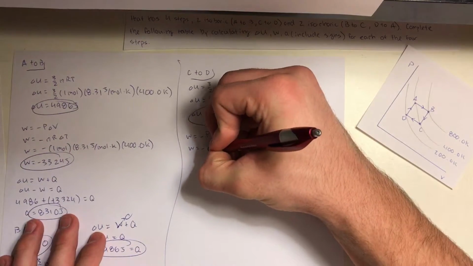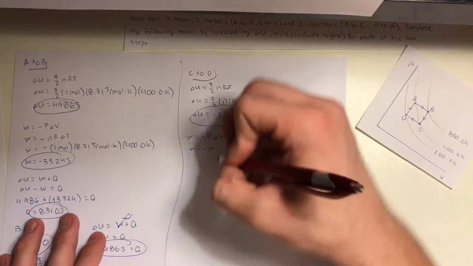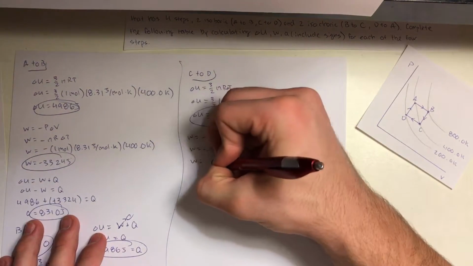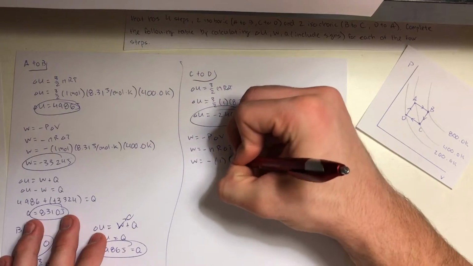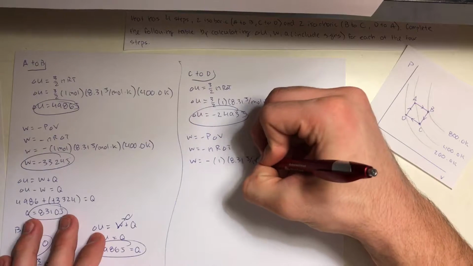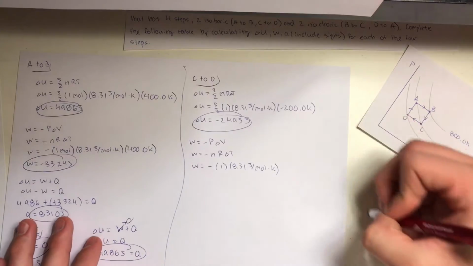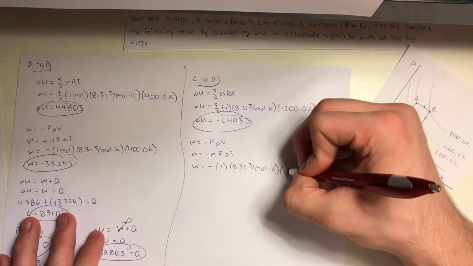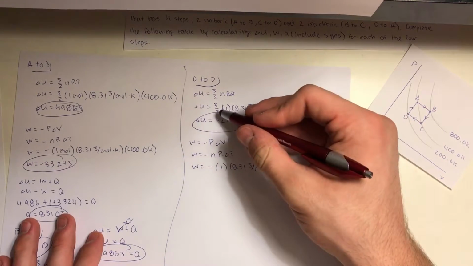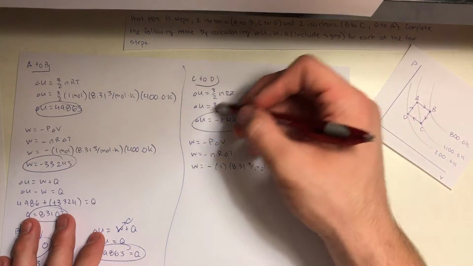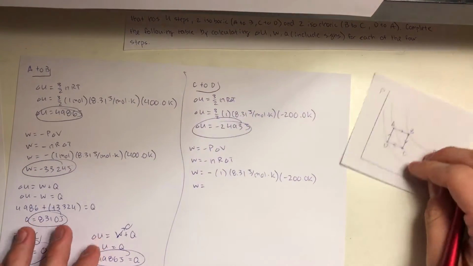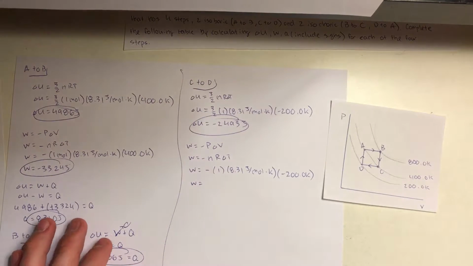So we'll go negative nR delta T. Work equals negative 1 mole, 8.31 joules per mole times Kelvin. Change in temperature is negative 200. So it's the same thing as up here, without the 3/2. Work equals,